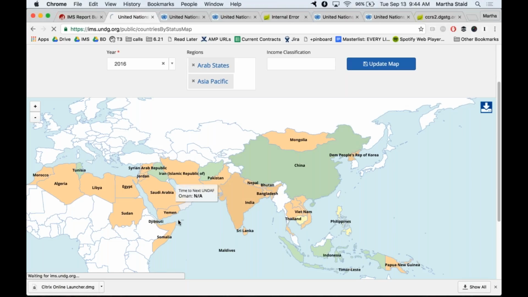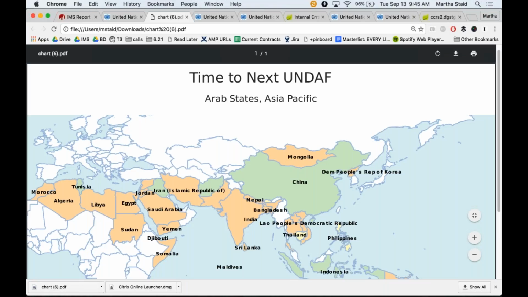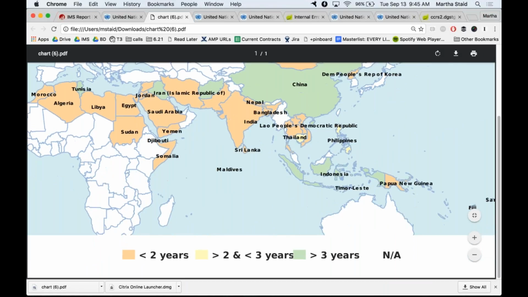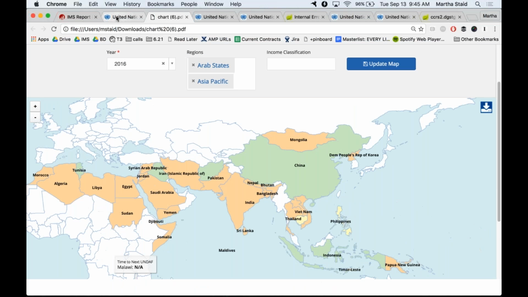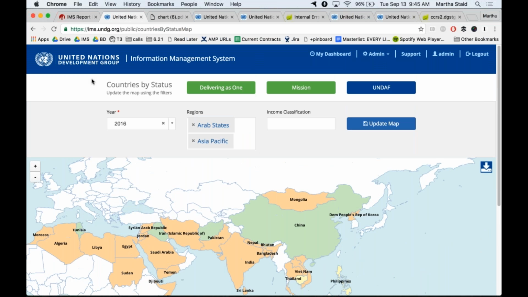So if I choose export to PDF, it downloads for me a PDF, which then shows you the specific map that you created through the tool. Just heading back to the maps page,